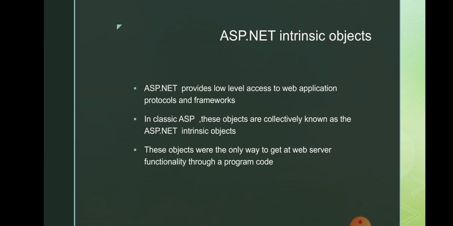Just remember in real time. What is meant by object? Things, persons, places are called objects. Here, object means the content which is in the ASP.NET page. It may be a control, it may be a file, it may be an event, anything. We studied about various kinds of objects.